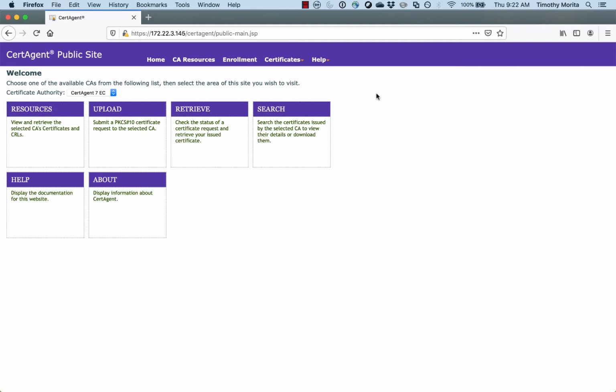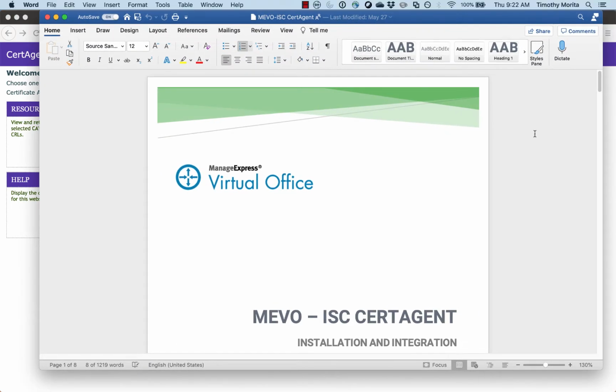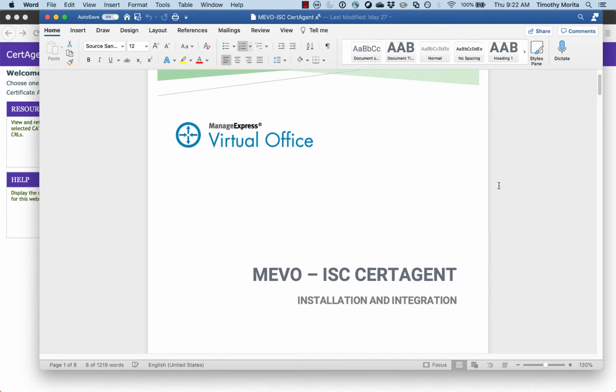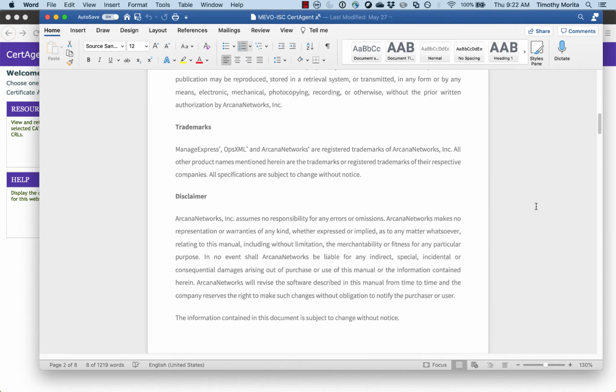But I'm not here to just give you a demo of the CertAgent as much as I'm here to tell you that you can use CertAgent certificates in a MEVO DMVPN environment. So if you need help installing CertAgent, ISC has their document on how to install it, which you should use, but you should also use our handy-dandy MEVO ISC CertAgent installation and integration guide in conjunction with it, because we